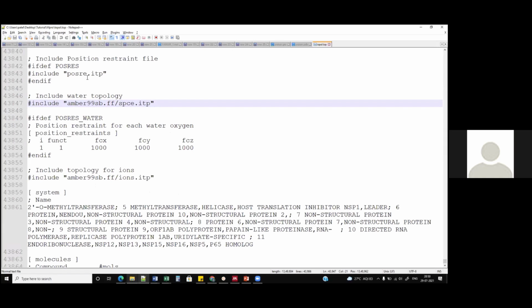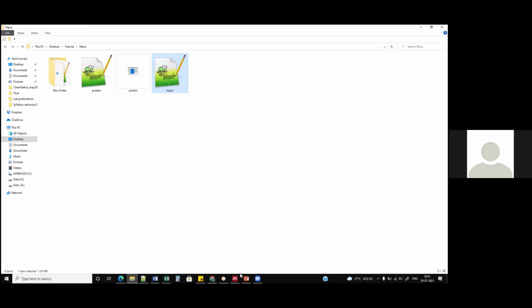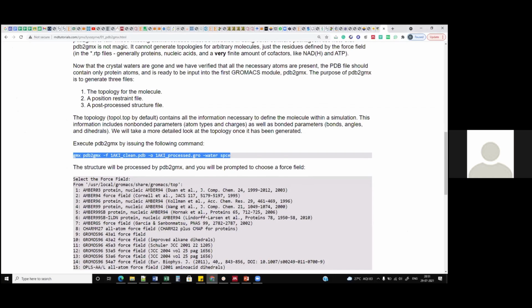So whenever the file is read, when it encounters this line, it will go and open this file at this particular location. It will read the required information from it. And then we have this ion file. If you're adding any kind of ion to neutralize the system, or if any ion is already present in the system, but in this case we have removed all the non-protein molecules, but if it is there, if we need to include any ion for our study, then that information is in ion.itp. Now if I close this right now, we'll move on to the second command.